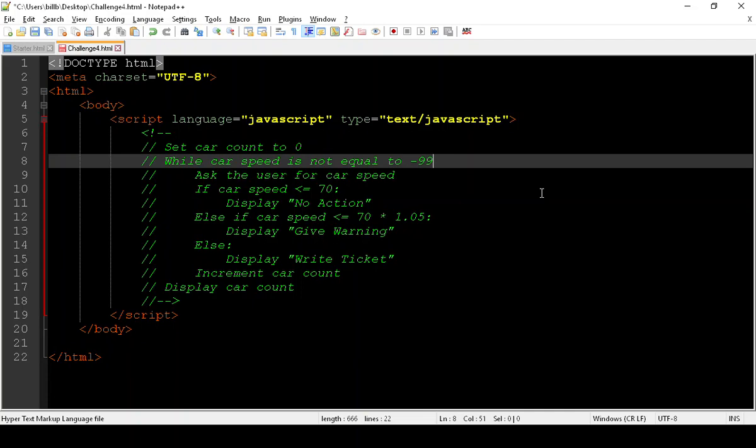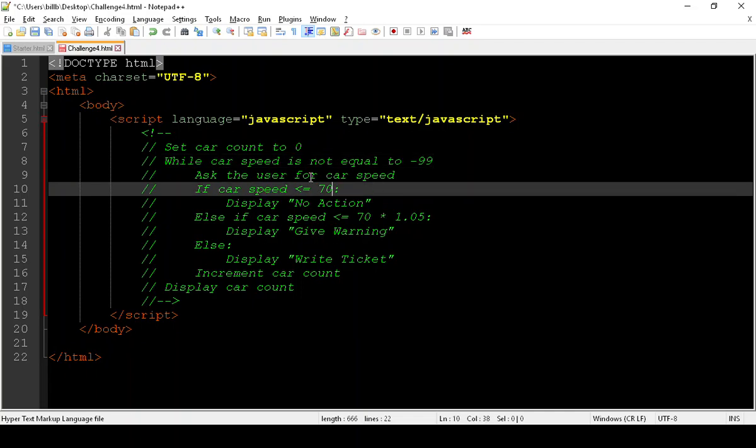Okay, so we now have our algorithm coming together pretty well. The only problem that we're going to have now is the -99 is going to be included, and we're going to get this extra message when they enter -99. It's going to say no action, right? We don't really want that, right? We really don't want that to happen. So we've got two choices. We either can solve this